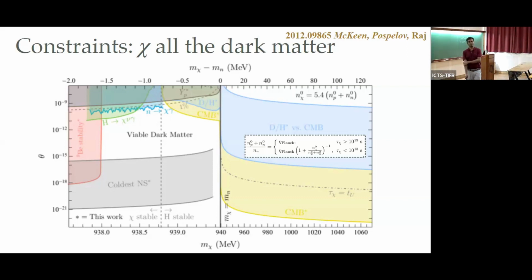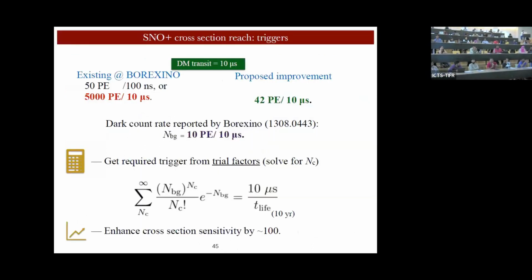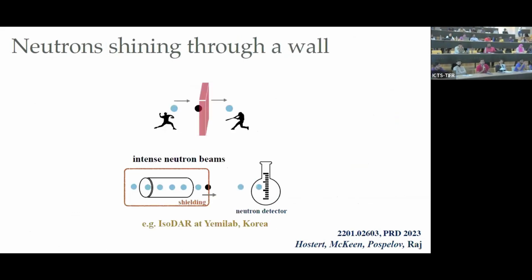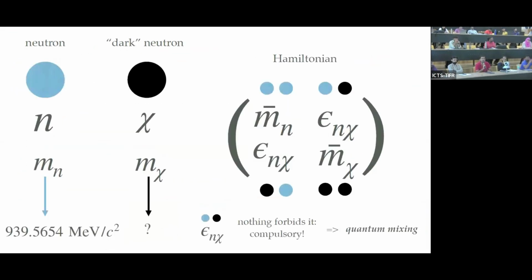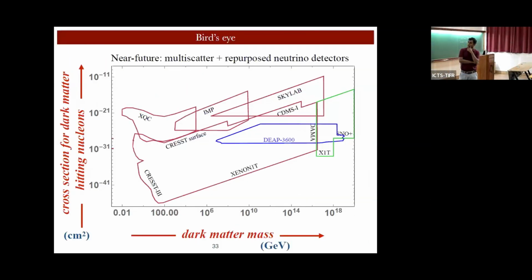When you showed in the first part of your talk the plots of dark matter nucleon cross section versus mass, what is the assumption that we take? How does the dark matter interact with matter? There are not too many assumptions that go into it. For this kind of plot, one assumes